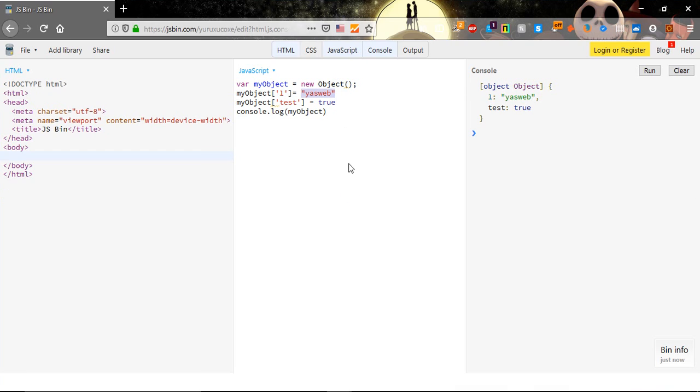I believe that the previous way to declare an object is more readable and better. Now if we want to add something else to this object, we can use the old one or the one that I just showed you. So the name of the object, my object,